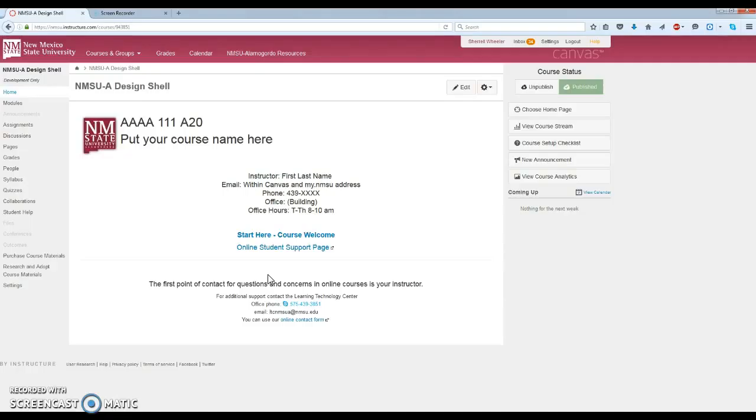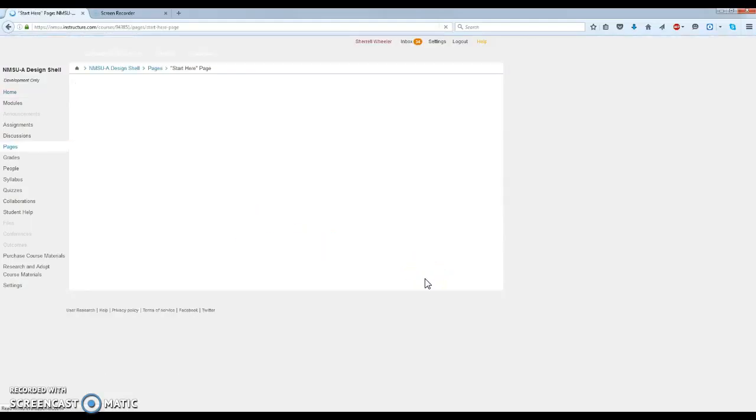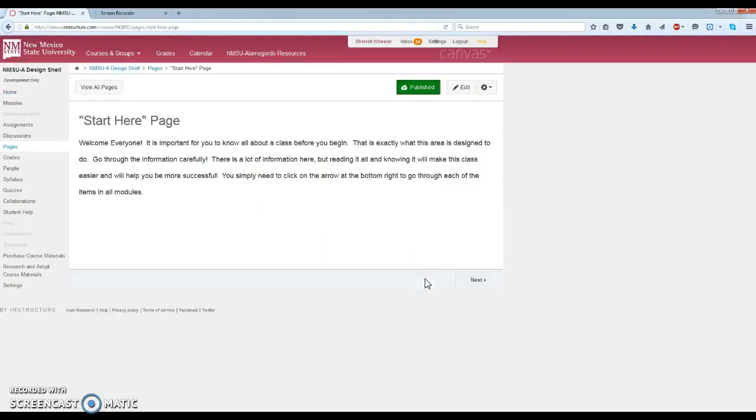From there, the overall shell is optional to our faculty, but we find that the majority who design a course want and use this design shell. So the majority of it is right here under our Start Here course welcome. And you may not be using Canvas, but it doesn't matter. You could make a similar type Start Here module in whatever LMS you use. So here we just have a general Start Here statement. The instructor's welcome to use this one or change it.